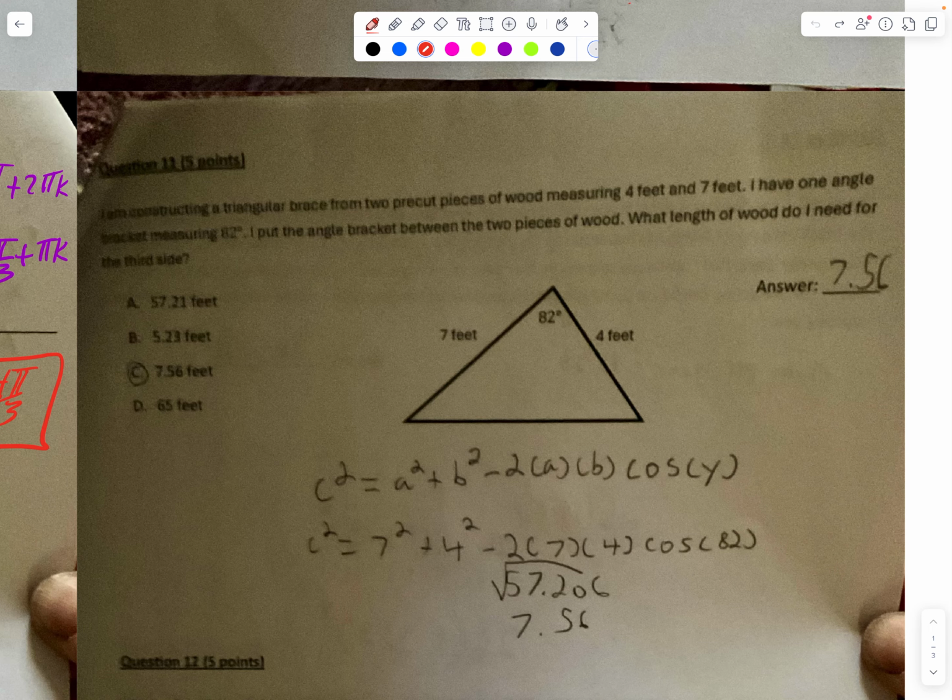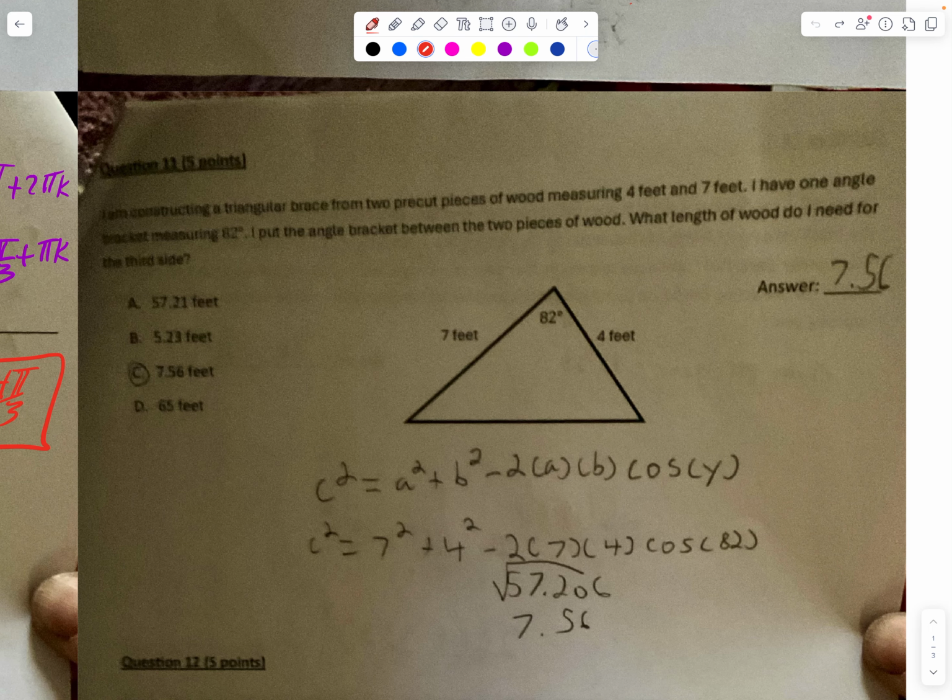I am constructing a triangular brace for 2 pre-cut pieces of wood measuring 4 feet and 7 feet, right here and here. I have one angle measuring 82. I put the angle bracket between the 2 pieces of wood. What length of wood do I need for this piece? Well,